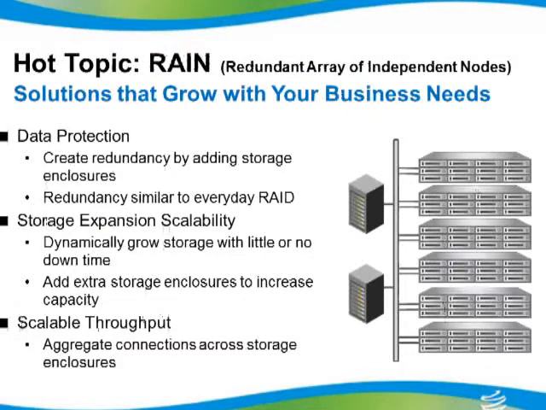So I have 6 storage enclosures, so that would be a 12 gig pipe coming into my network, and my raw storage space would be equal to the amount of hard drives that I could put into 5 of these storage enclosures. So this type of solution allows you to start off small and then grow much larger as your business demands, not only in throughput to your storage, but also in the size of your storage that you need for your environment. Again, you combine this with thin provisioning.